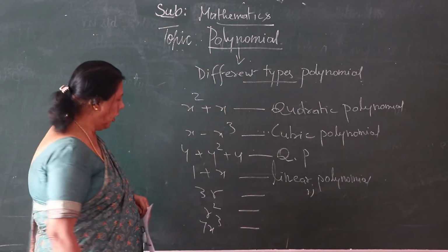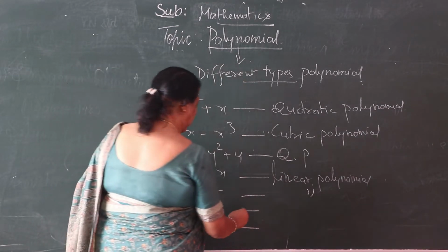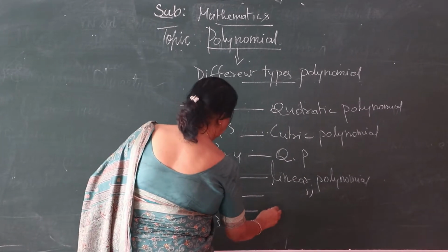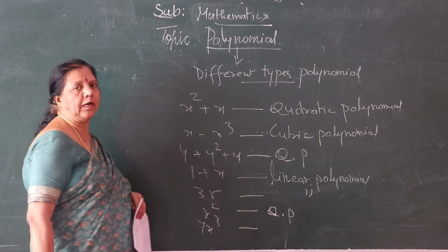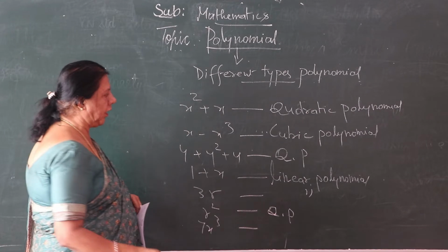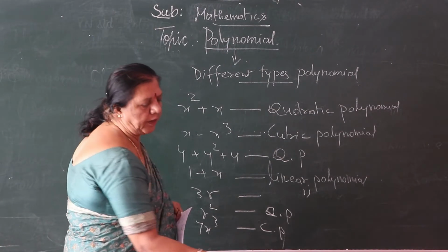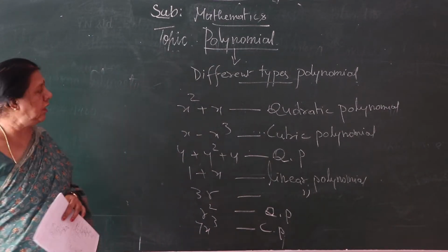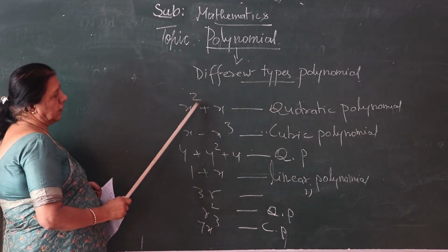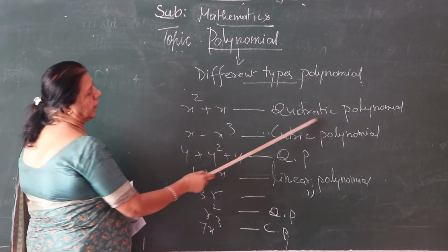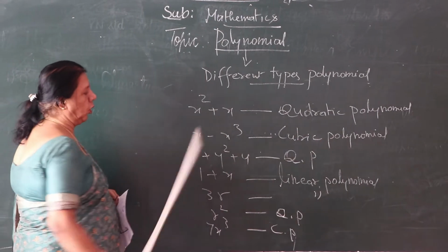Same thing. Now the second one, r square is there. What is the square? Quadratic polynomial. So this is a linear polynomial, this is a quadratic polynomial. This one, 3 is there, the degree is 3, that we call a cubic polynomial. So this is the way you have to identify the terms. See the different types of polynomial. Here x square is there, the degree of power is 2, so this is a quadratic polynomial. This is cube, the cubic polynomial.